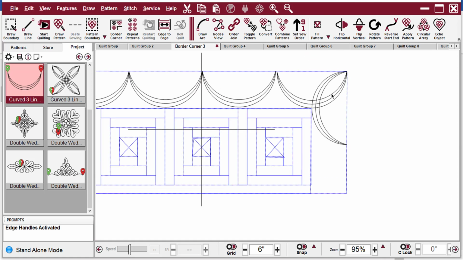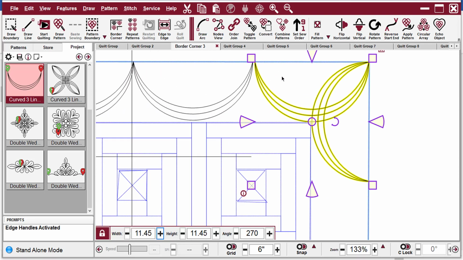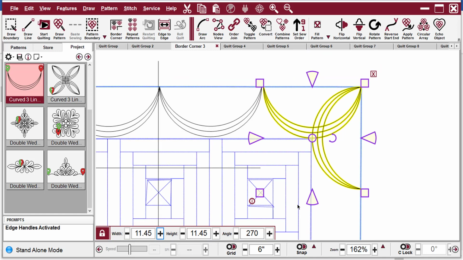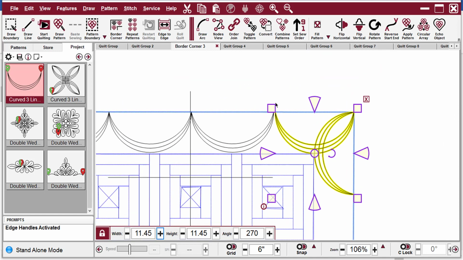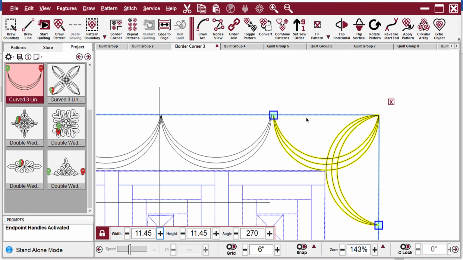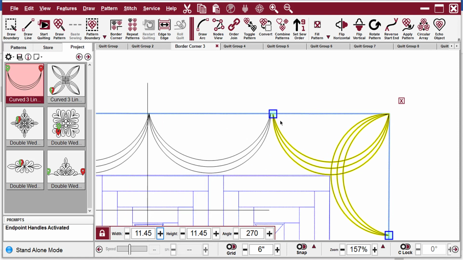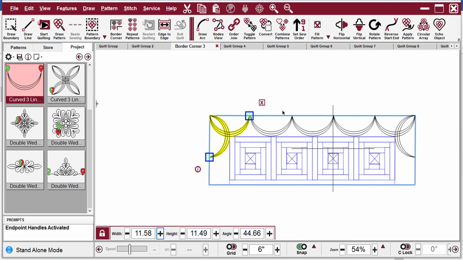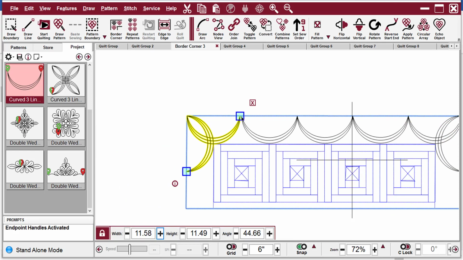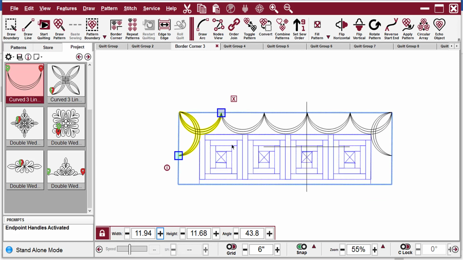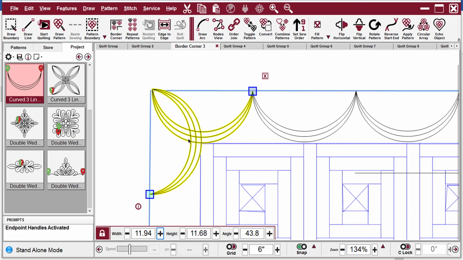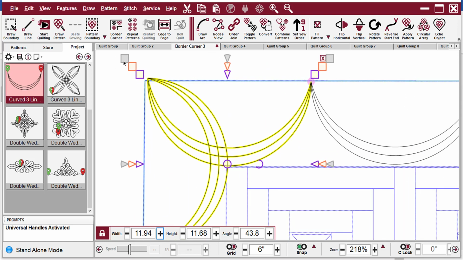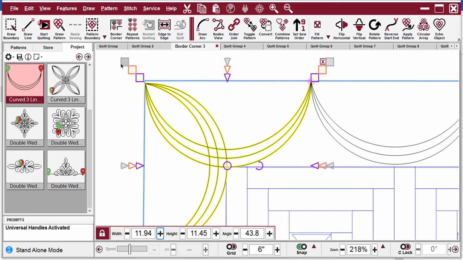And last, we need to snap these corner patterns back to the repeat so that it will stitch continuous. So I press my F11 again, turn my end snaps on, and snap that corner, snap this corner. And then with this corner pattern, I'm going to press F8 to get my universal handles and use the gray handle